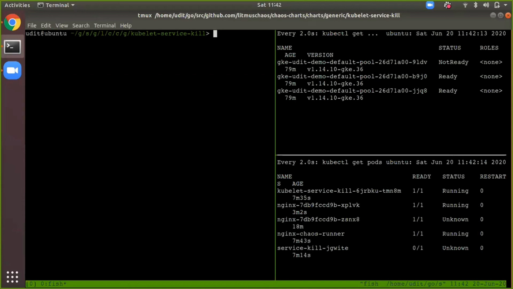So Litmus, or generally chaos engineering, helps you to determine two things. One is your software bugs within your microservices. That's one thing that gets exposed. But it is also a very good tool to expose some deficiencies in your deployment practices.